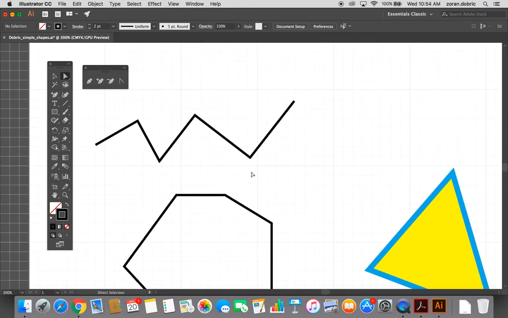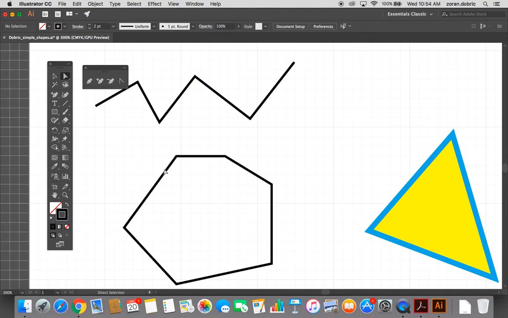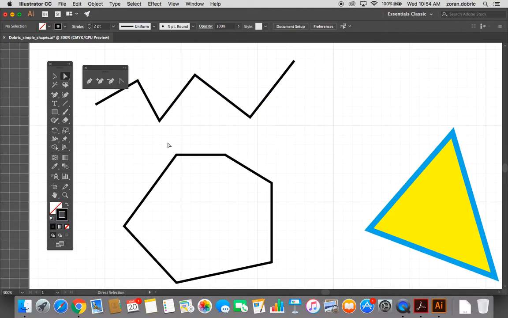So far you should be able to create an open path, to stop the pen tool, to create a closed path, and to add and delete anchor points. You should also be able to select one anchor point or multiple anchor points so that you can move them around to reshape your line. Next, we're going to look at how you can